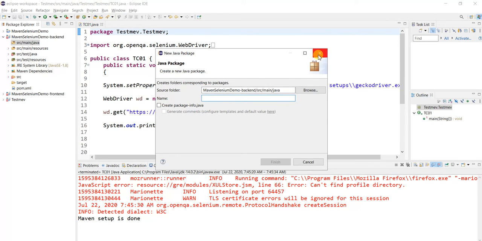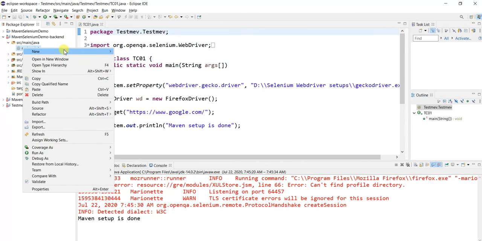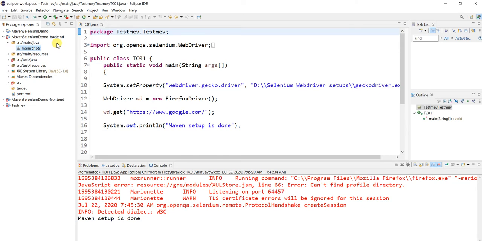Let me give the package name as main script, and let's say finish. So main script is the package name. Now let's say this is the package which holds our script.